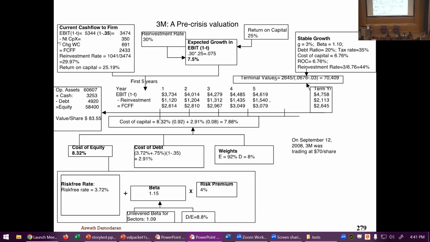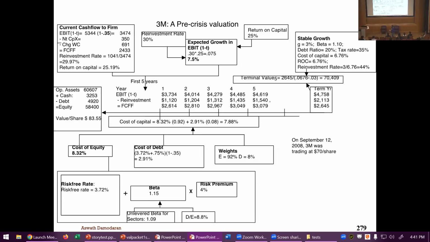Because what happened that weekend? That was the beginning of the 2008 crisis. Over the weekend, Lehman got into trouble. There was talk of Barclays buying it. By Monday morning, that had fallen apart. Lehman goes under. Now, for the rest of the year, you are in the crisis. So this is a pre-crisis valuation. 4 weeks later, I returned to the valuation.